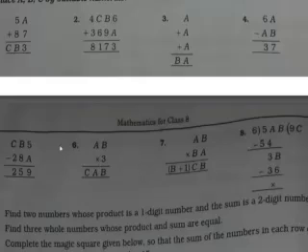So now you can see over here it is AB into 3 is CAB. Now from here it is clear that B when multiplied with 3 should give B only in the unit place. So how many such numbers are there which when multiplied with 3 give the same number?